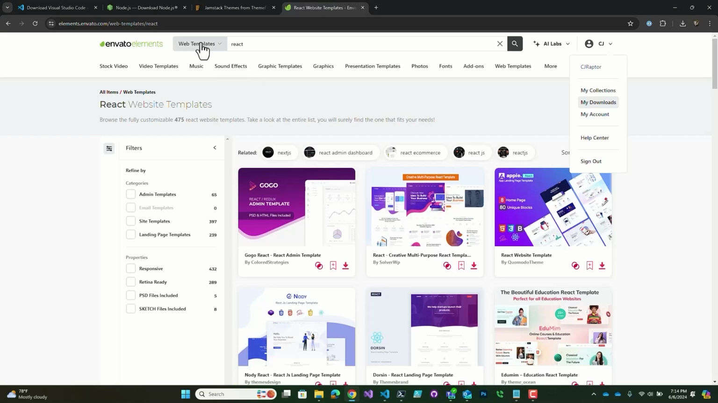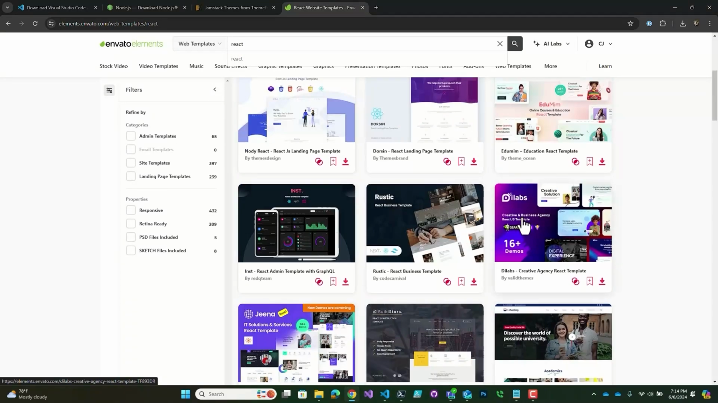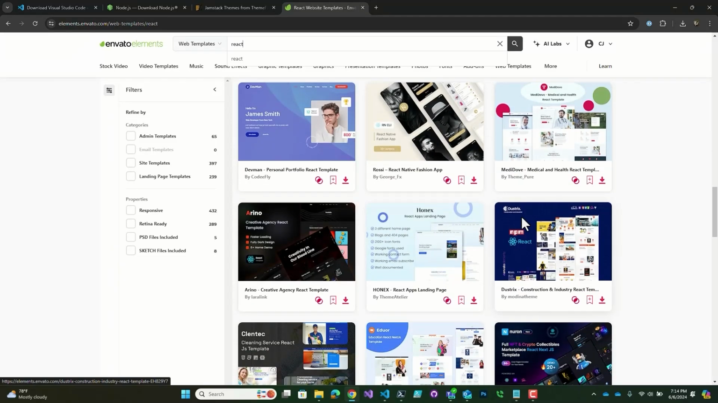Same thing here. If you just go into Envato Elements and go into Web Templates and do a search on React, it'll bring you back different React sites. And as you can see, I don't know where it went, but the one I was just showing you came from here. Anyway,